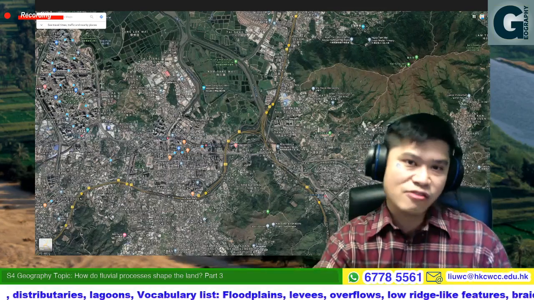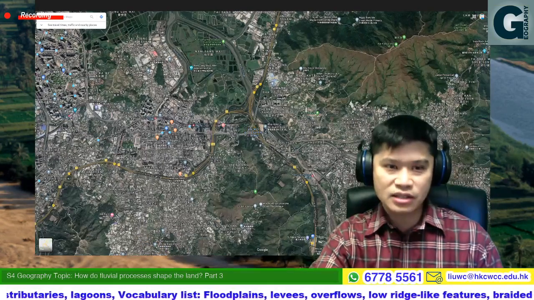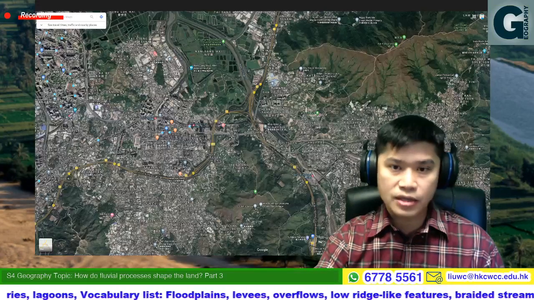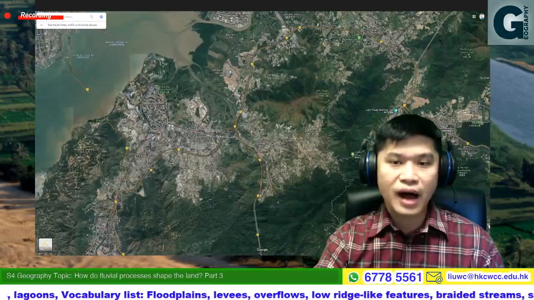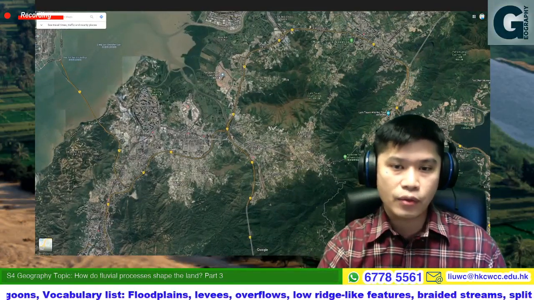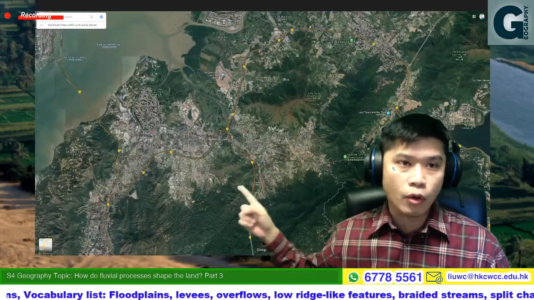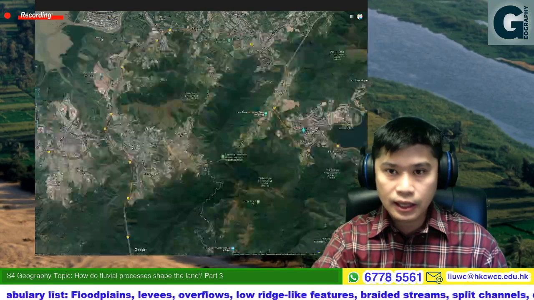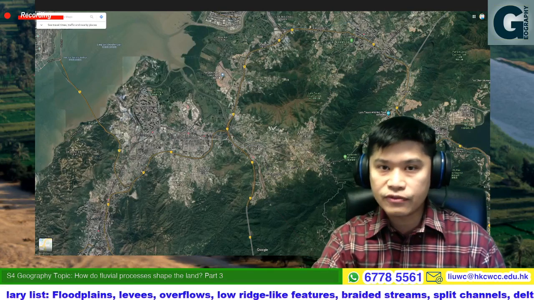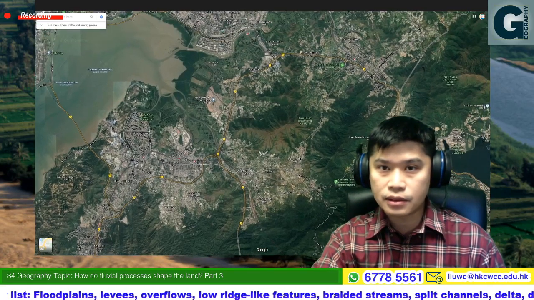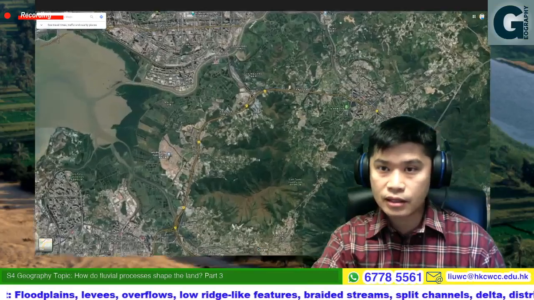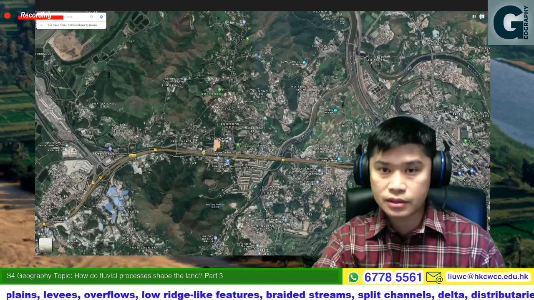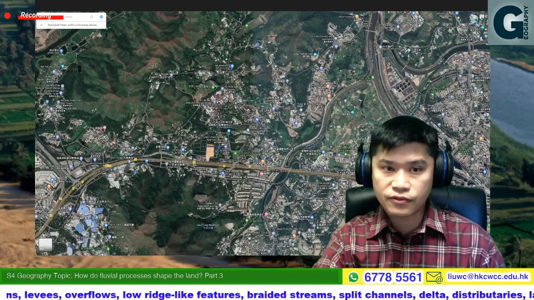right now you can see that most of the area is settlement, but in the past most of the area would be farmland, and it is also a floodplain. So that is one of the floodplains in Hong Kong, and another floodplain you can see right here. This is also farmland,